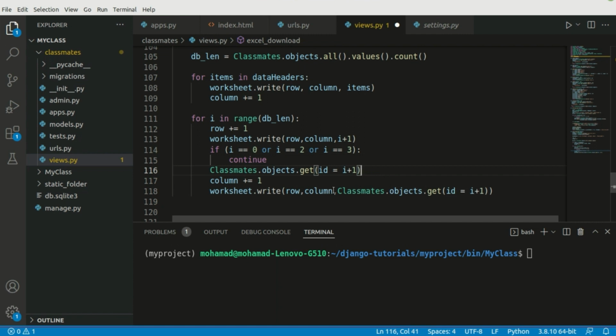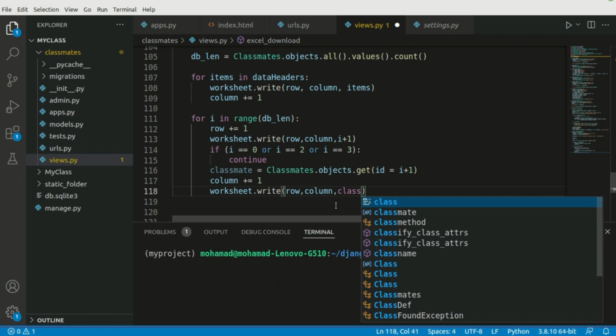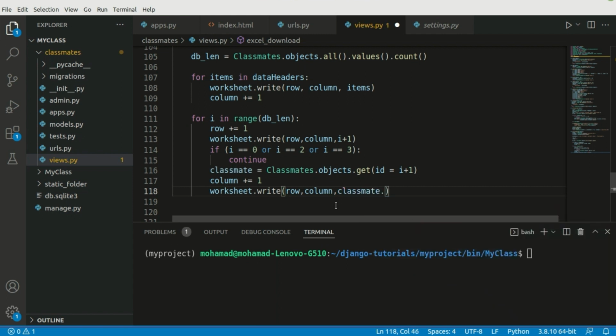So here instead of this I'm going to write the classmates, right? So classmate equals to this, and then we can write classmate dot first name. So this will be placed under the column under the data header first name. So we have the classmate dot first name, and also we will write column plus equal to 1,